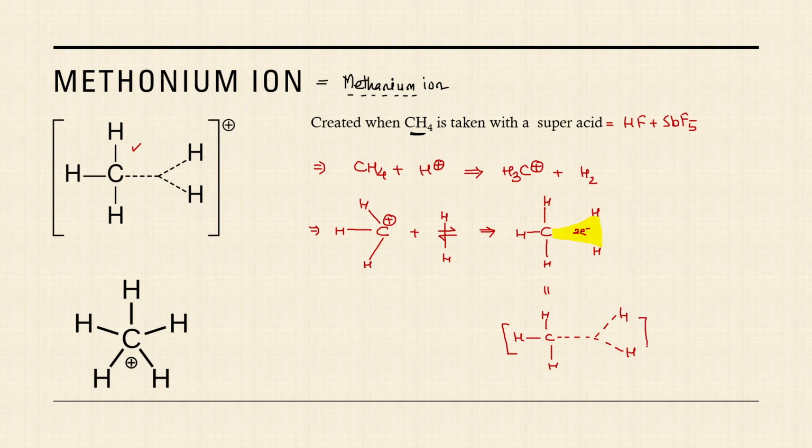This species is methanium ion, और इस पूरे रीजन में, ये जो डॉटेड लाइंस दिख रहे हैं,